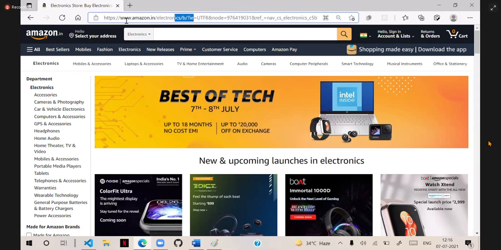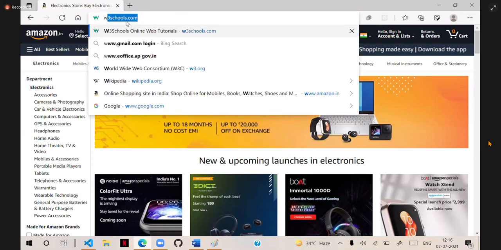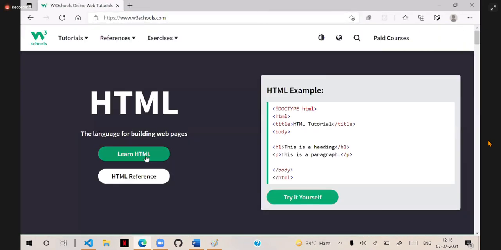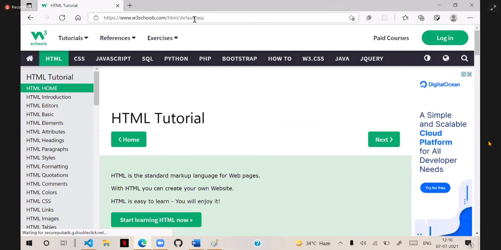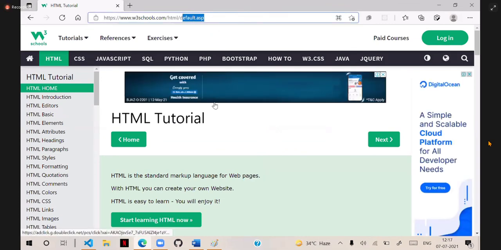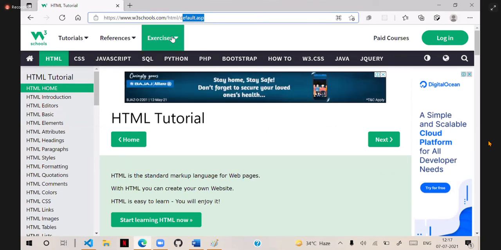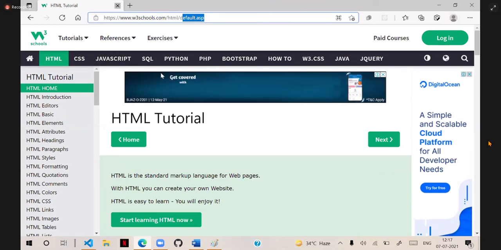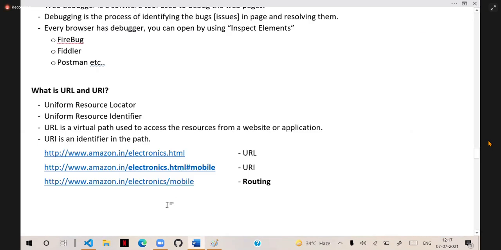But when you observe W3Schools or some websites, they give the page name .jsp, .php. That is not there in the latest now. In the latest, we are not using this. We are just working with this technique called routing. Due to that, the URLs will be cleaner.